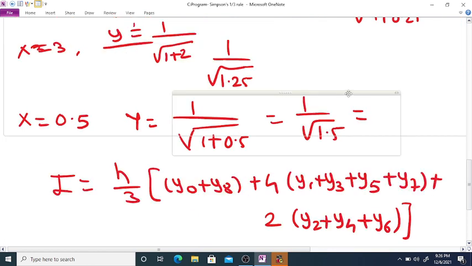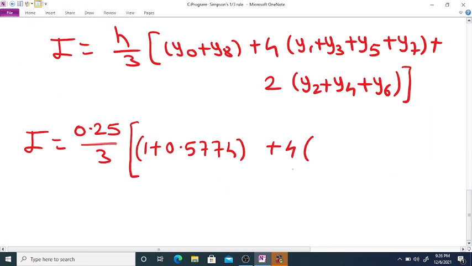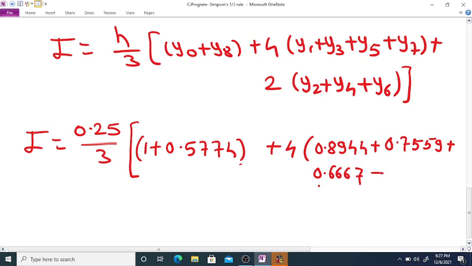So if you add this value here, we write 4 times 0.8944 plus 0.7559 plus 0.6667 plus 0.603